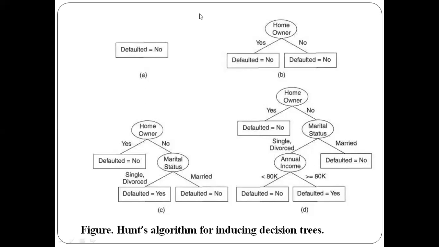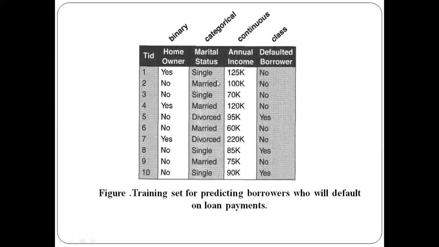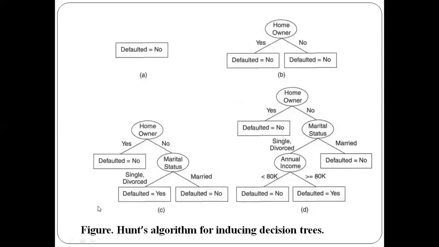Next, in the next step, we have considered one more attribute, that is marital status. Suppose a person is single or divorced, for them many of the people who are single and divorced have not paid the loan correctly. So for them defaulted is equal to yes is present in this training record, even though they have not given many records here. But based on the given records we can conclude that defaulted is equal to yes. For the people who are married, the defaulted is equal to no class label is present. So this is the third step.